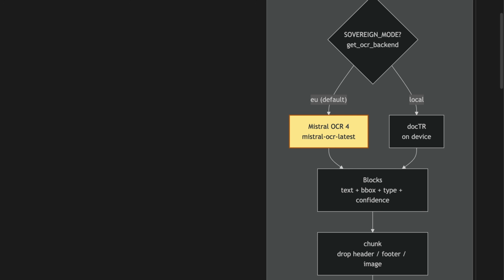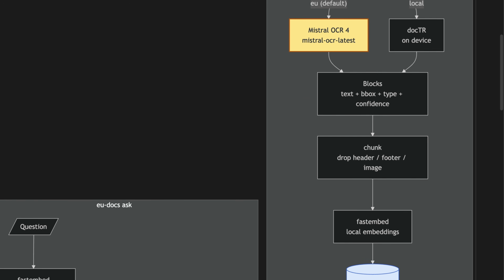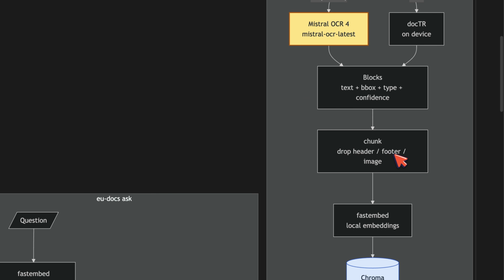Maybe some complex figure or diagram that was not labeled properly. And then what we do is we chunk that data. We want to split it up into pieces. If you've ever built a RAG application before, this is very similar. You want to chunk up the document into pieces so that when a user has a question, you can return